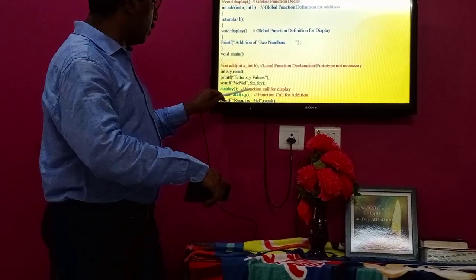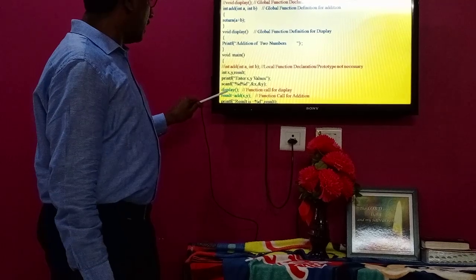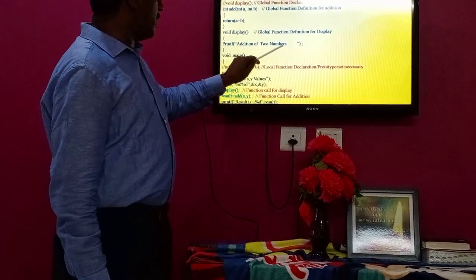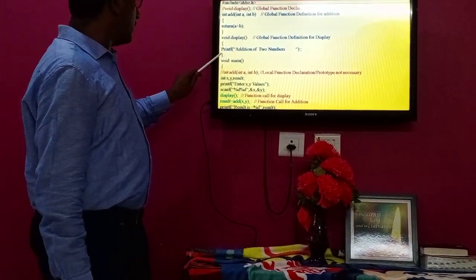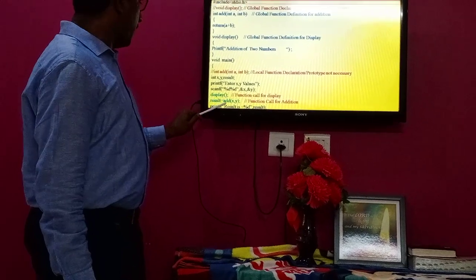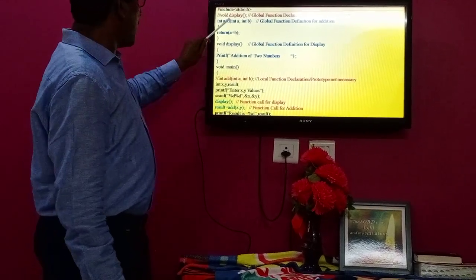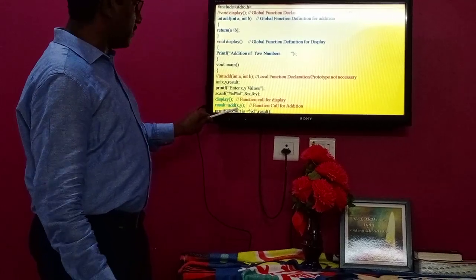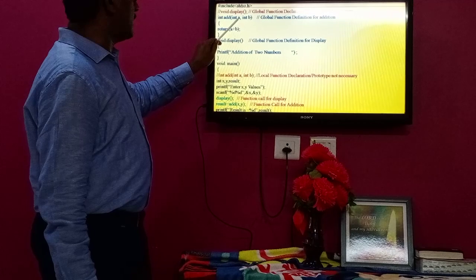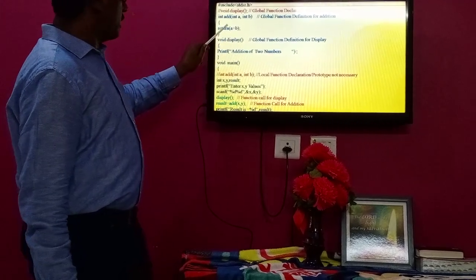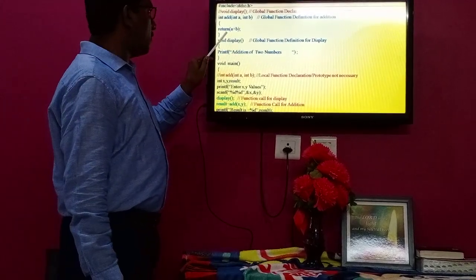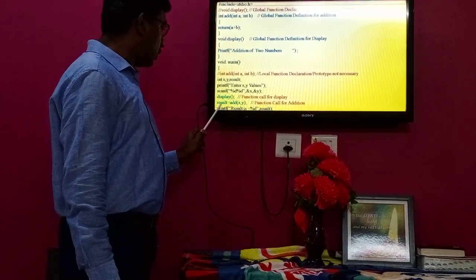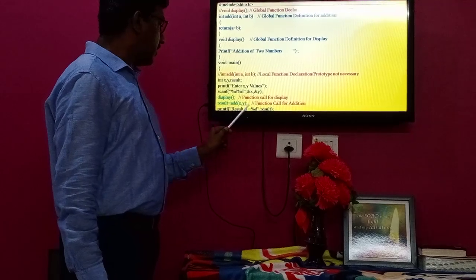Then within the main function, the same concept: x, y, result, and the x and y values provided through the keyboard. I am calling the display function. A jump occurred from here to here. In this display function, the message for addition of two numbers will be displayed. Then the closing brace means control will be transferred back to this place. The next one is the add function call. During that process, the x value is assigned to a and the y value to b. Assume x is 10 and y is 20. So x is 10 assigned to a, y is 20 assigned to b. Here a and b are added, and the result is returned by the return statement to this place. That is assigned to result, and the result is displayed with the help of the printf statement.